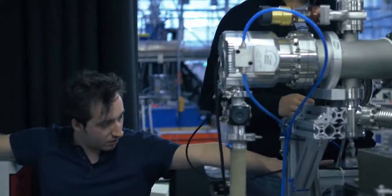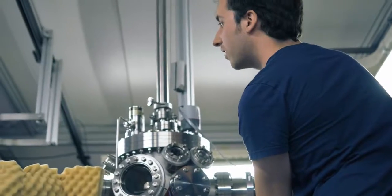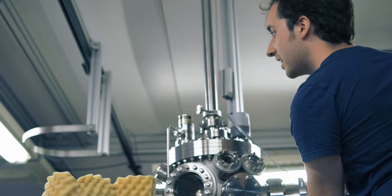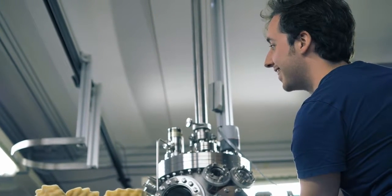So the transfer, yeah. Daniel, what's that? Look. Let's see, what is it? These are the exposures I made. Nice. You're still recording or not? No, but now